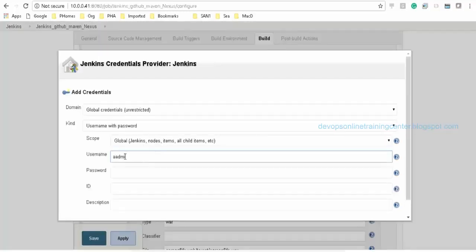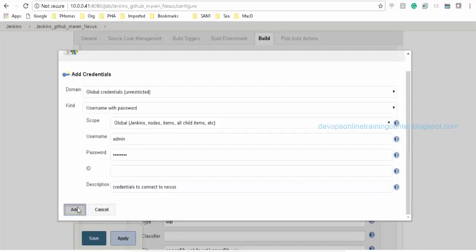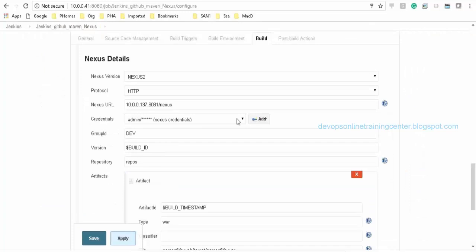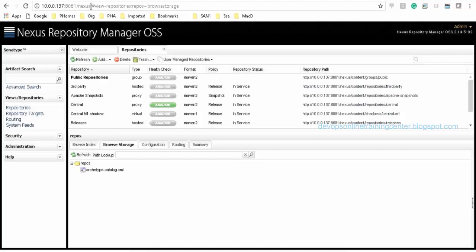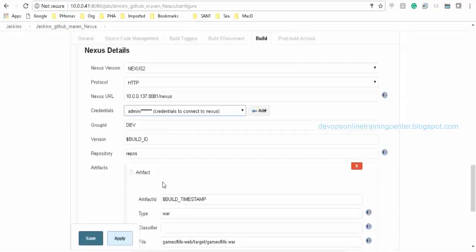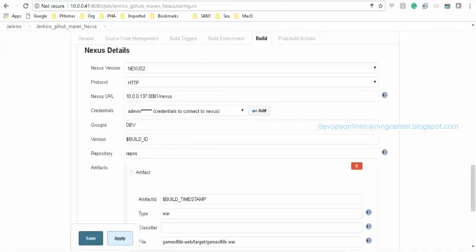I'll try to give admin 123 again, the credentials to connect to Nexus, just checking if something is wrong with the password. Credentials to connect Nexus, admin 123. 8081 Nexus. This is what we have given, right? 8081 Nexus. The IP is correct, 137.